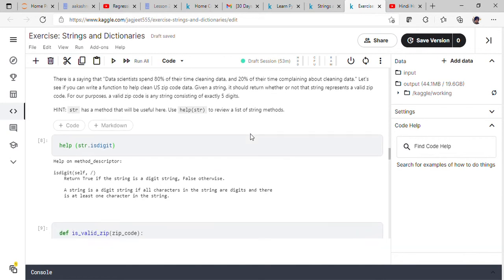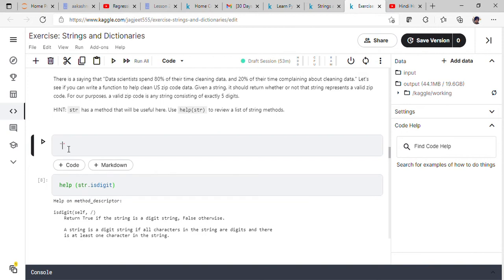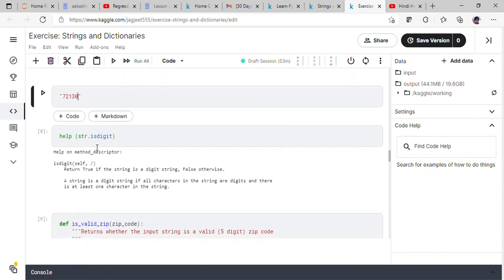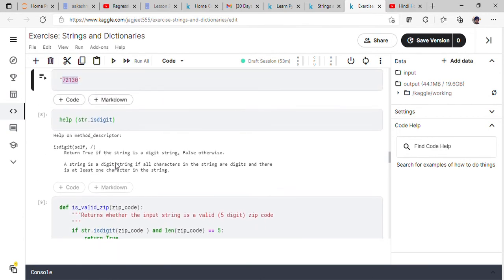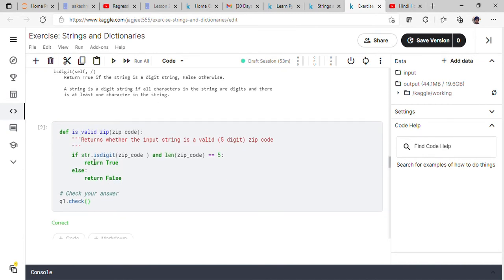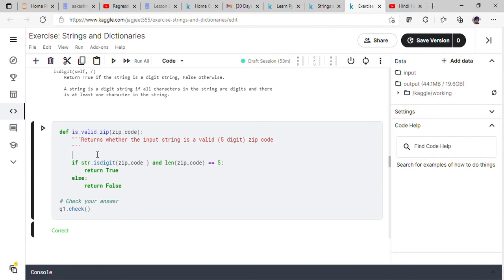and it's a string. So for example, we will write the pin code like 721301. So it is 1 2 3 4 5 digits. Okay, so we have to check this. So the mistake which we can make is, most of the time we will write if zip code is equal to